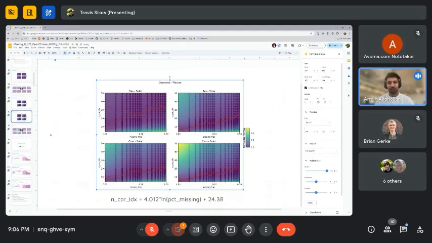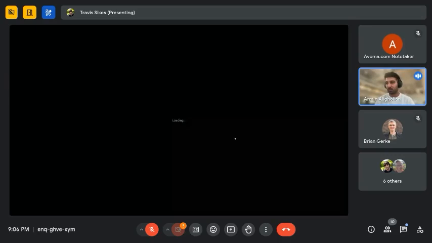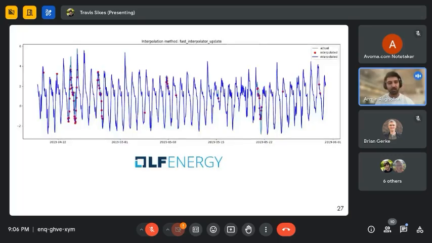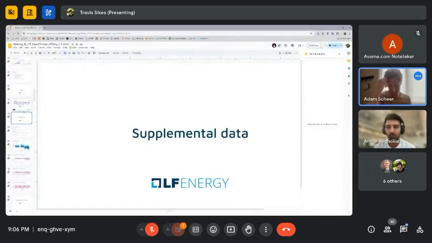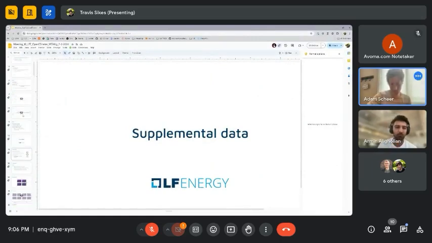This is 10% missing data. Those red dots are the interpolated values, and this is the observed value. So this is good, I'm glad we have this, but we also have population level results where we've done this. So I do think it's important, and it doesn't have to be right now, but for the next working group, we need to present what the actual error is in these data points, not just a normalized error. And that's fine.